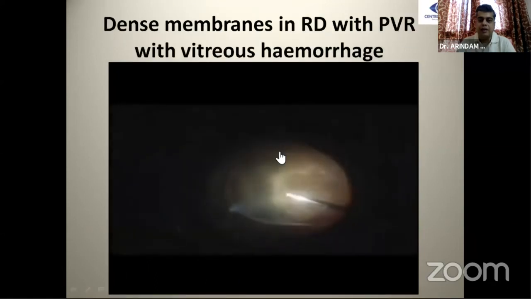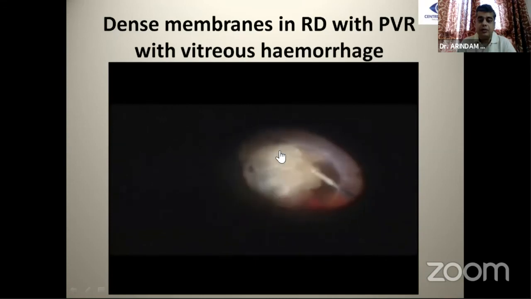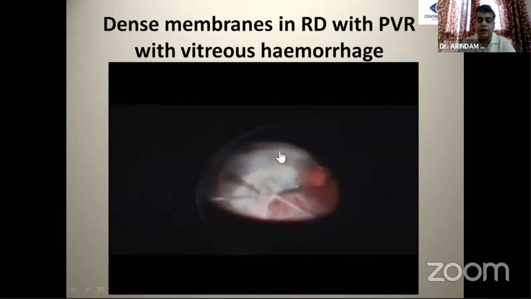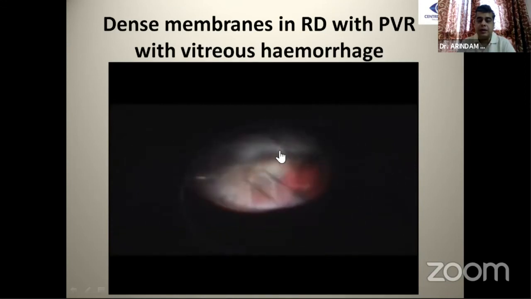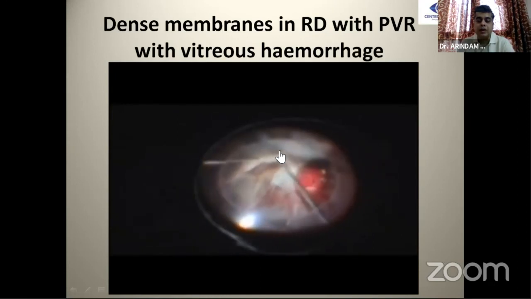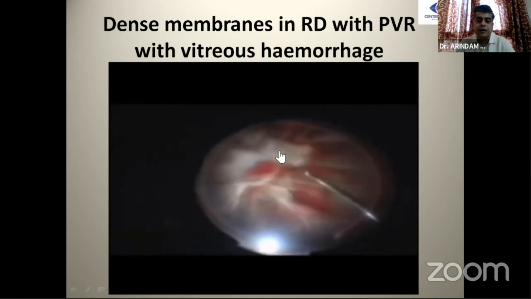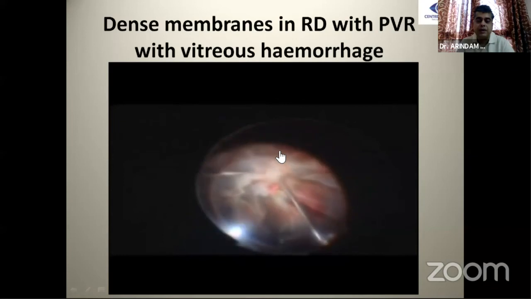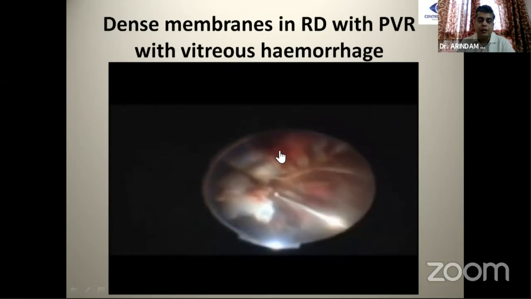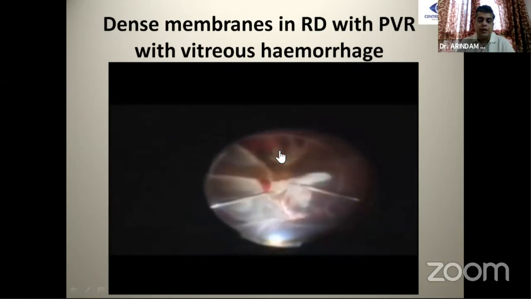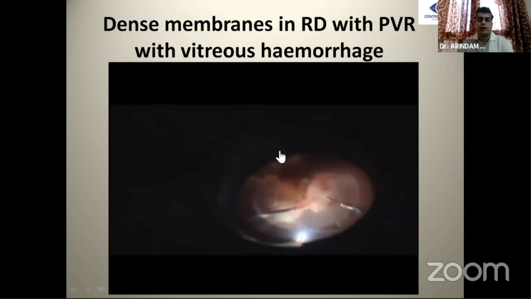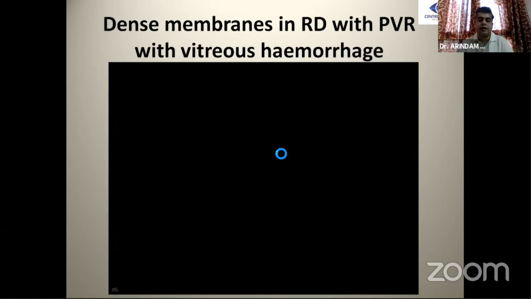And this is another very bad case. This is the last case I'd like to show. You can see there is a vitreous hemorrhage densely adherent to the retina behind, which is detached. And again, extensive meticulous dissection has to be carried out with the instruments, with the scissors, with the cutter to create a plane. Creating a plane is extremely difficult because of the extensive PVR here. Finally, the adhesion is broken at the end, at the expense of creating a break behind.